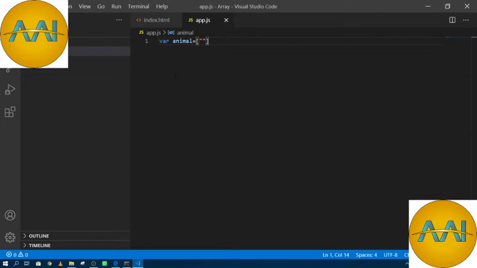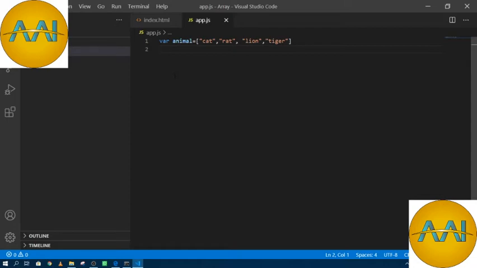So I am writing cat, then comma, rat, then comma, lion, and one more, last, tiger. Okay guys, now it's time to check whether our array is saved in animal or not.